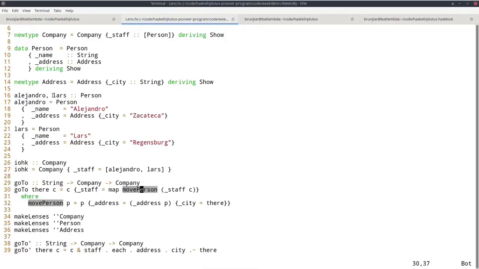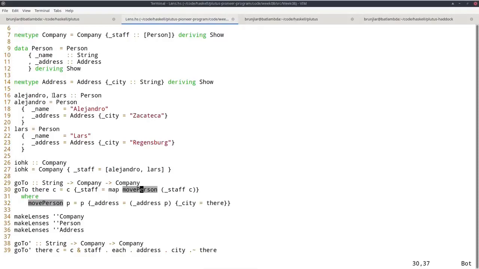So in C# or in Java, you could write something like company.staff.name or .address.city, for example. And with lenses, it looks very similar. So in that sense, when I introduced monads, I said that some people say that monads offer a programmable semicolon, because the semicolon is normally what's used in a lot of programming languages to chain statements together. And with a monad, you can customize how this chaining of statements works. And similarly, you can say that optics provide a programmable dot